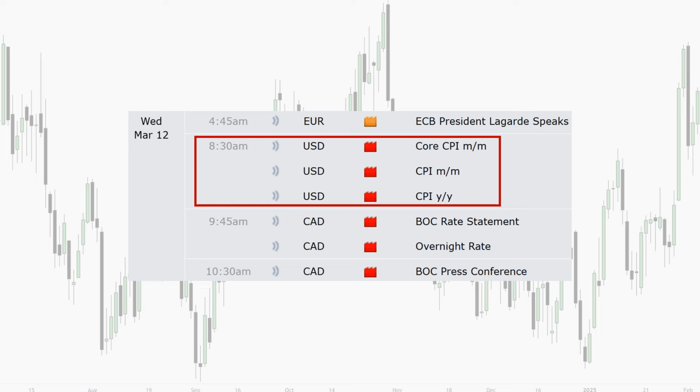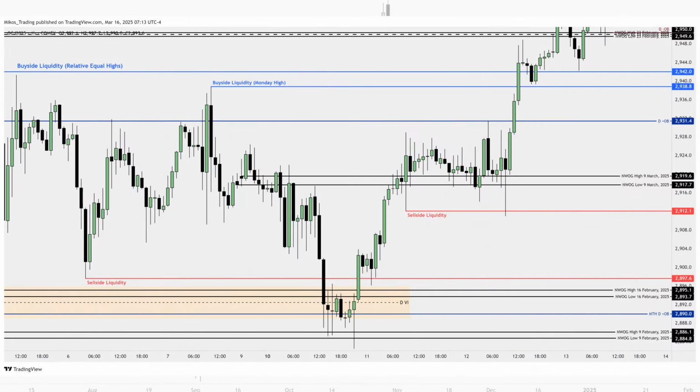Here is the economic calendar for 12th of March. We are interested in trading only after the CPI news release. Here is the 1-hour chart. We can see a large wick candle taking out the sell-side liquidity pool,